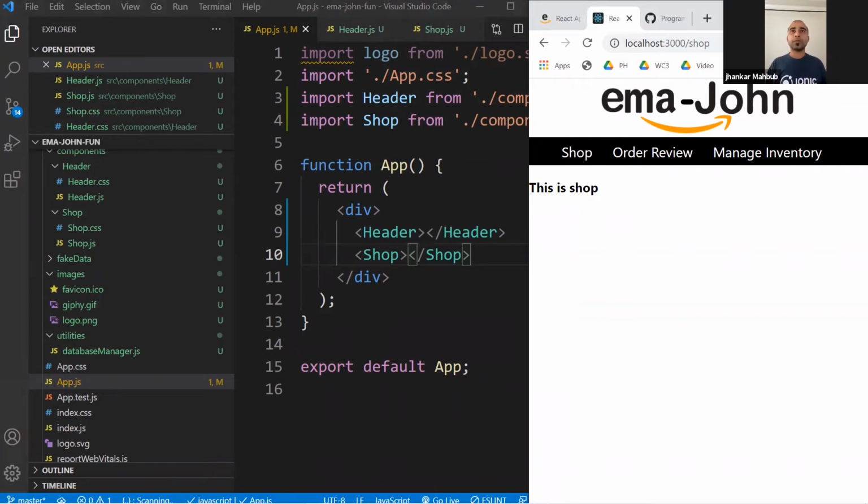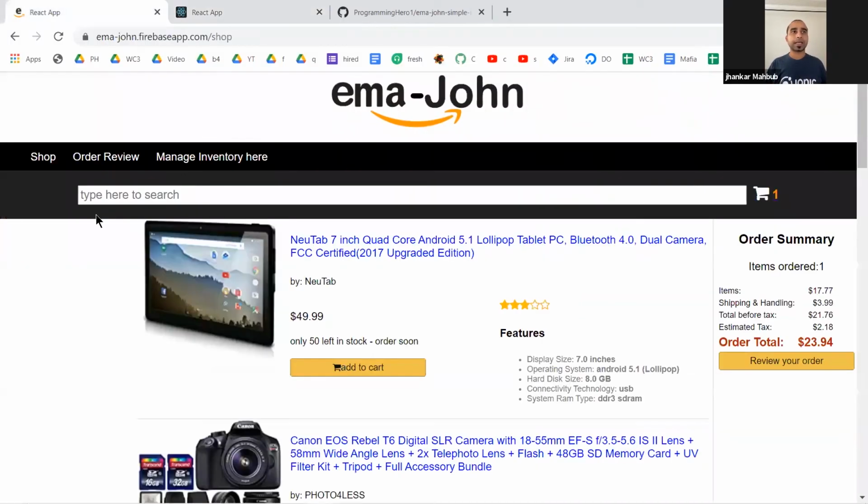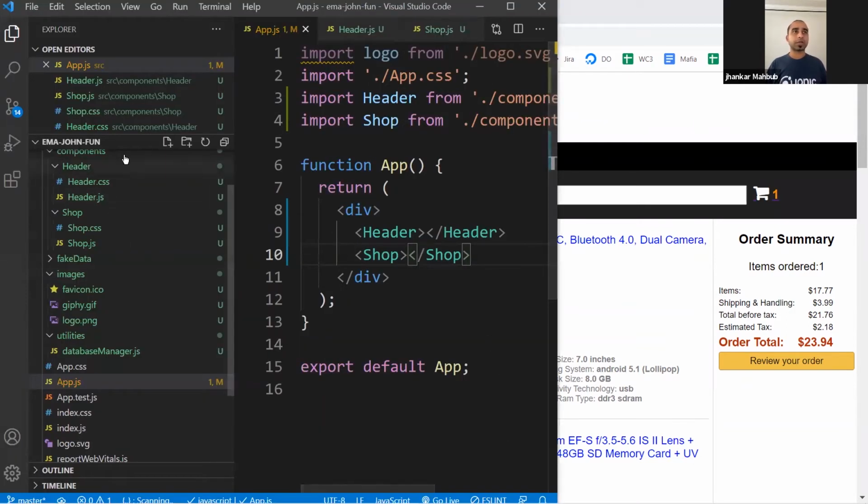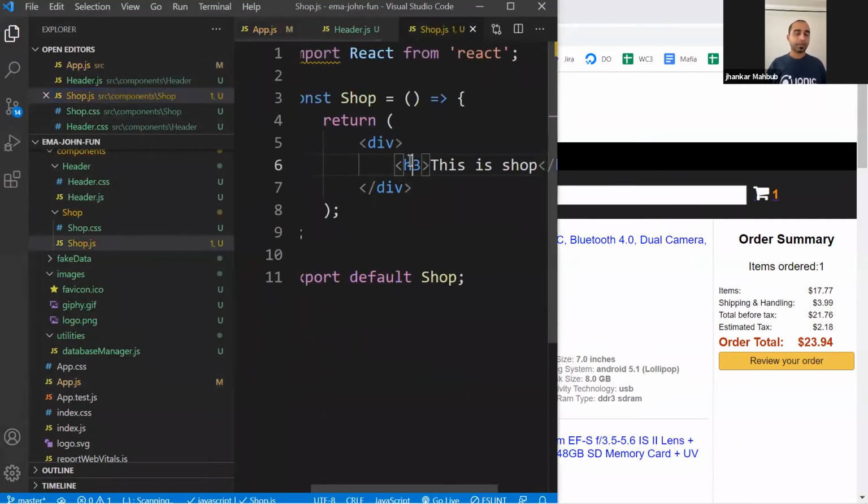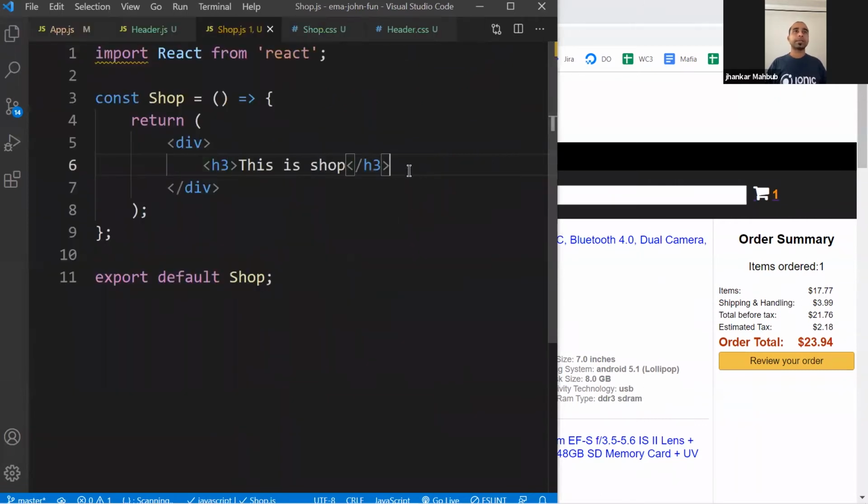If you look into the website that we have, you see this has actually two different sections. One is all the products, and another one is the shopping cart. So we can do that inside our shop component, and that means here we would be creating two divs. So this would be our class name. This is actually shop container. This will contain the shop. Inside it, actually two different areas or sections.